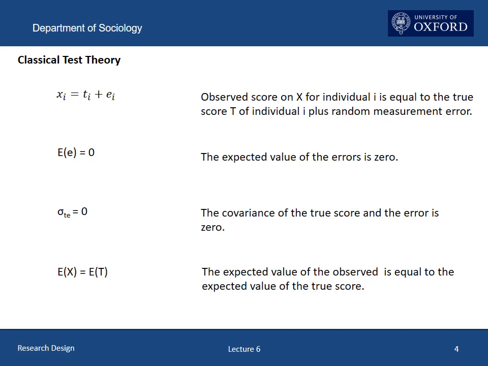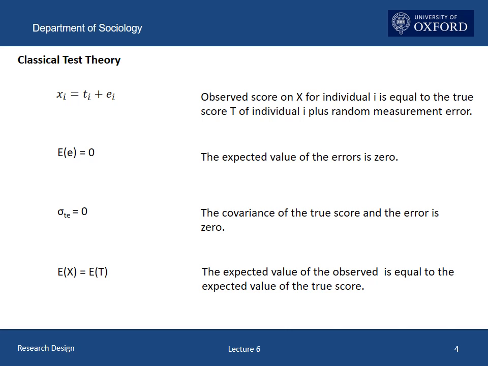What we observe, in this case lowercase x_i, is a function of a platonic true score, t_i, which is not directly observed, plus some random measurement error. We also make some assumptions about the measurement error, which make this a particularly simple case to deal with. We assume that on average the measurement errors are centered on 0, and therefore cancel each other out. A fancier way to put that is to say that the expected value of the errors is equal to 0.